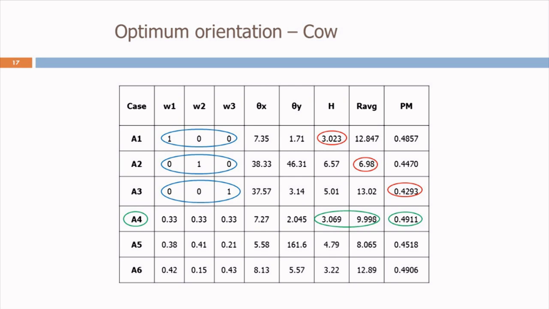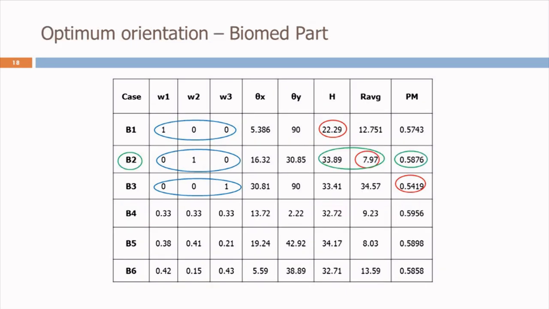Then we get into the overall performance deterioration coefficient and experiment on this particular thing in order to arrive at the criteria for the weightages, which will further give this particular type of result. A similar situation is there for the biomedical part, where it tries to determine the three, and you can see that further experimentation gets you to the scenario which is finally chosen based on the manufacturer's requirement.